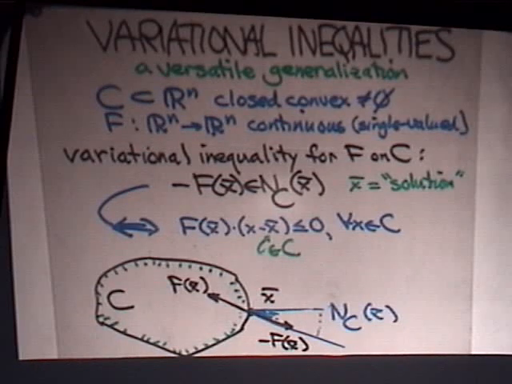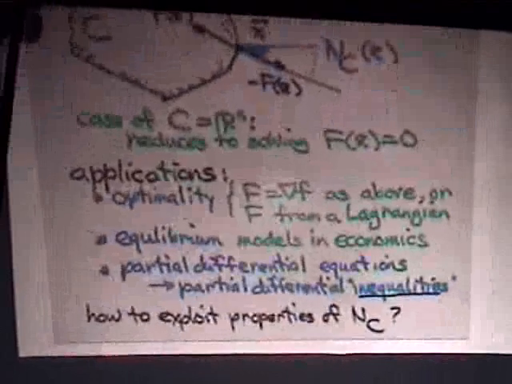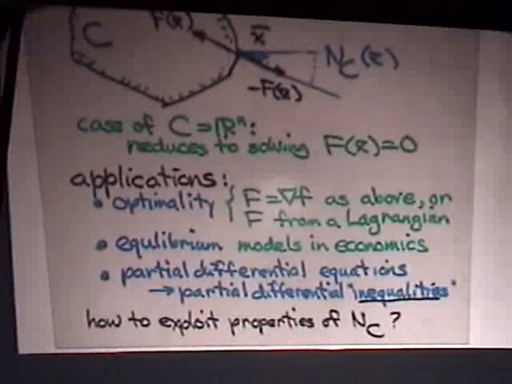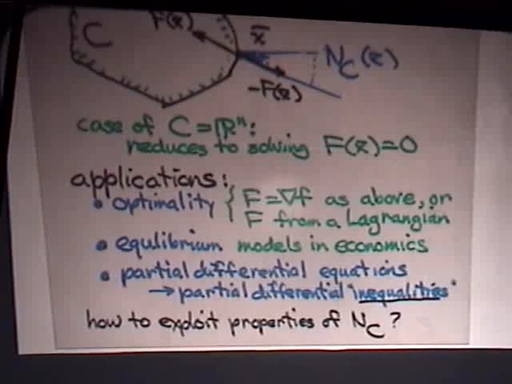But personally, I greatly prefer using the normal cone, and I'll try to show you why this is true. So this is the same picture as we saw for a function, but now we're just dealing with a general mapping, not necessarily a gradient mapping. So the special cases of it that are easy to recognize are, one would be the one where f is a gradient. That's the optimality condition we've been looking at.